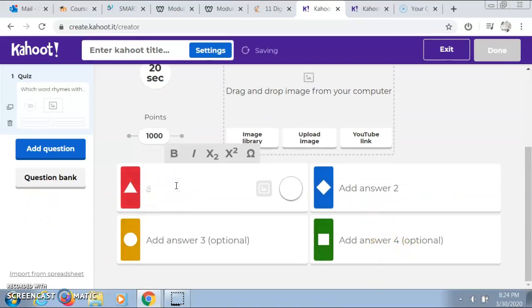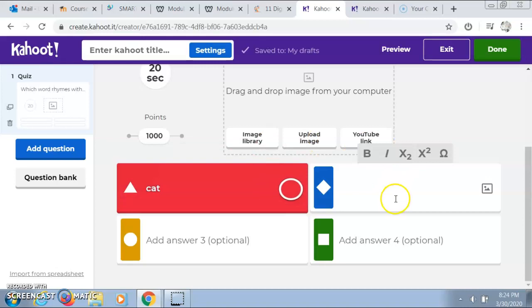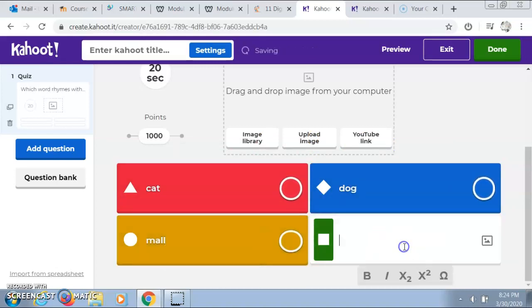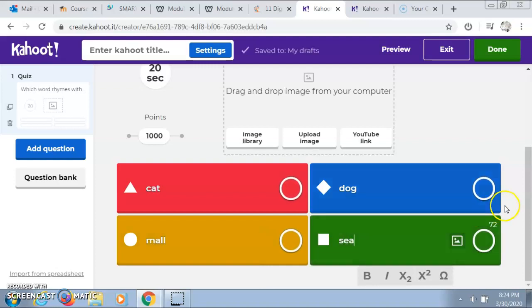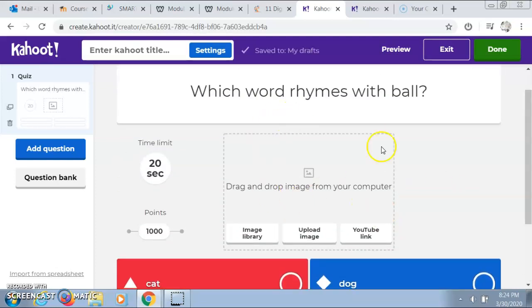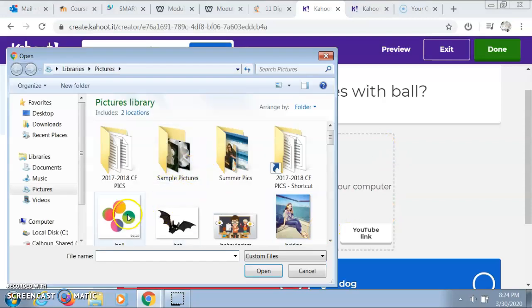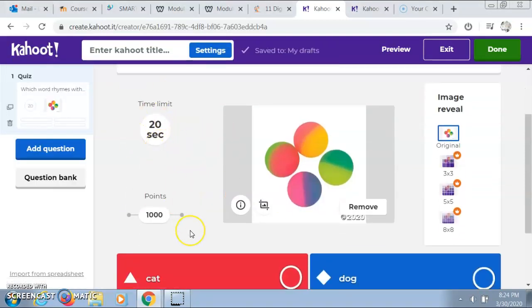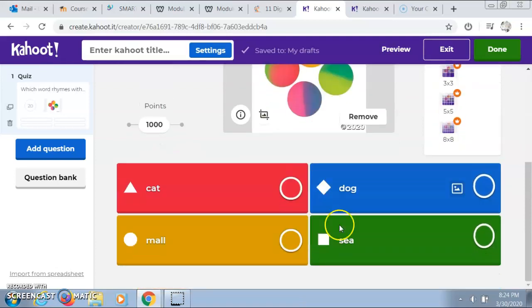put cat as answer 1, dog as answer 2, mall as answer 3, and C as answer 4. You can then choose to upload an image from your computer, which I have a saved picture of a ball, and you can change the time limit and number of points that you receive for each correct answer. To finish off, you select the correct answer for the question, which in this case is mall, and move on